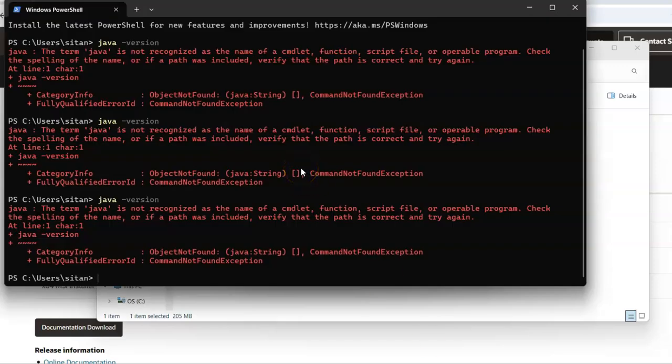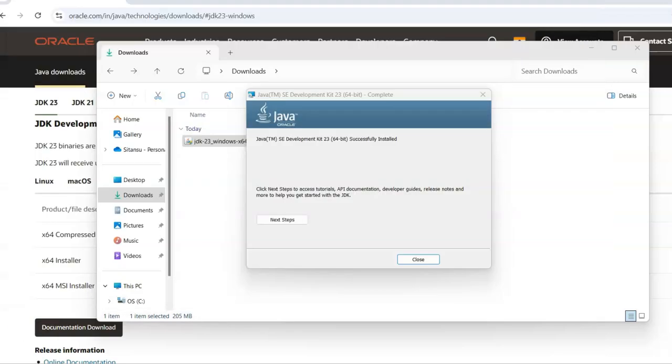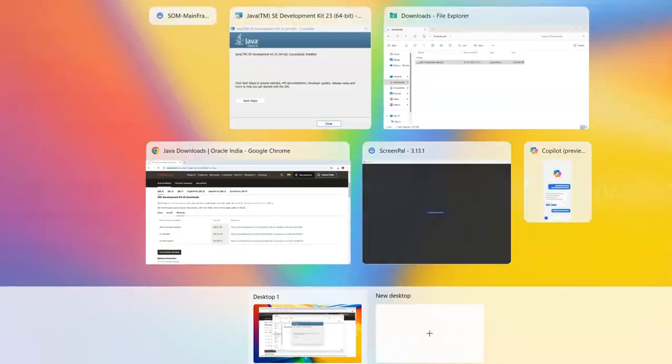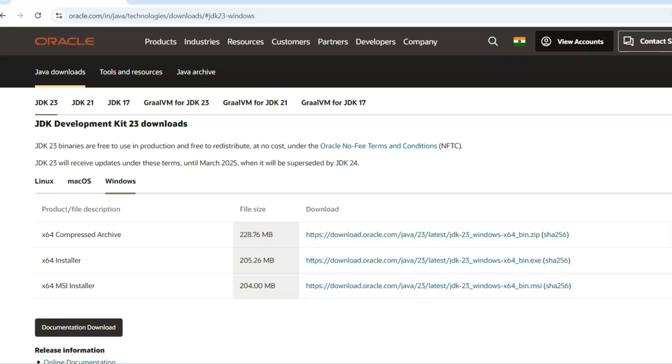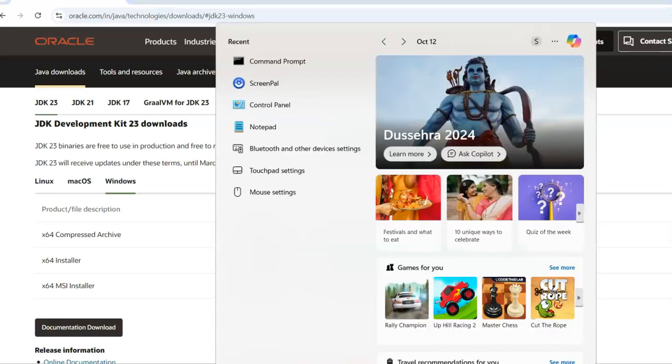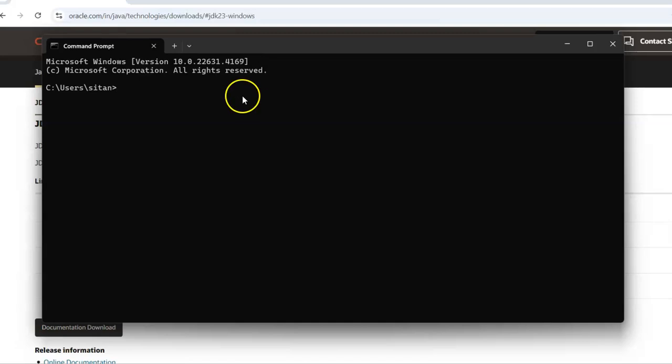Now in the same command prompt, run the same command. You can see your old existing command prompt will not work. So you have to close the command prompt, open another new command prompt, and there you can type the same java